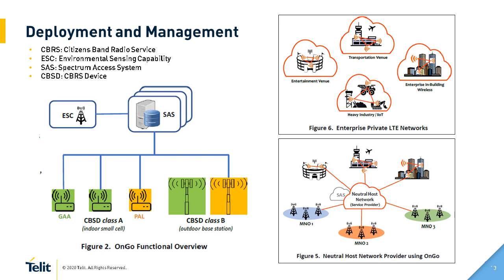The second option on the bottom right is another option which the CBRS Alliance has developed, which is called a neutral host setting. Here an entity can be a neutral host for a venue, put up a full private LTE network, and then offer it as additional coverage, like indoor coverage or enhanced coverage, for both public networks as well as other private networks. So this neutral host entity can do onboarding. Most of the devices can have a dual SIM, so you could roam and mostly stay on the private LTE network when you are in coverage, and when you leave this area, you switch back to your